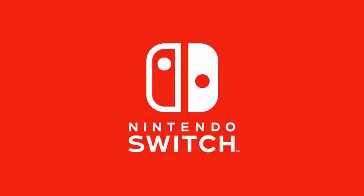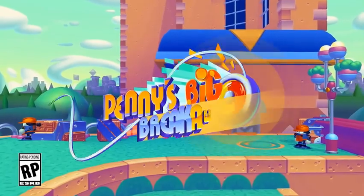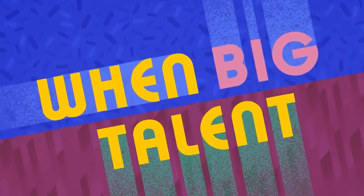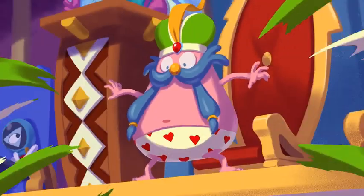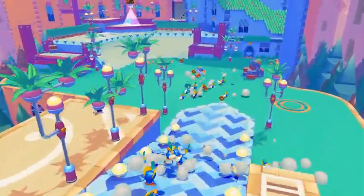Sega is one of those companies that you don't hear about too often, and when you do, it's almost never good. A former titan of the video game industry, with their cavalcade of creative IPs, such as Nights into Dreams, Jet Set Radio, Super Monkey Ball, Crazy Taxi, and of course, Sonic the Hedgehog. But ever since Sega went third party, it seems like their creative spark was extinguished, leaving it up to smaller